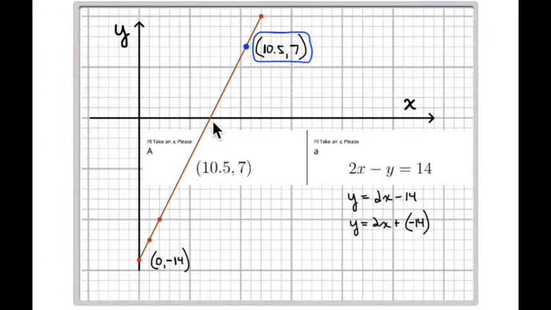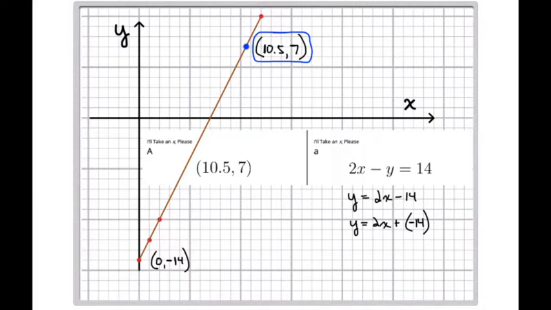You also know this point, 7, 0. So you get this graph. You know that the coordinates for any of these points will make this equation true, are solutions to this equation, and that's it. So there's a lot, maybe too much, and I'll try to cut down the explanation as we go through these